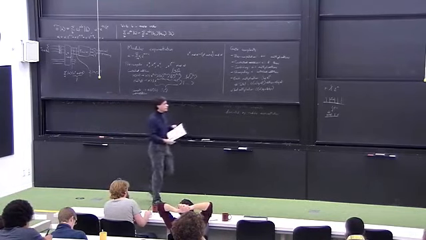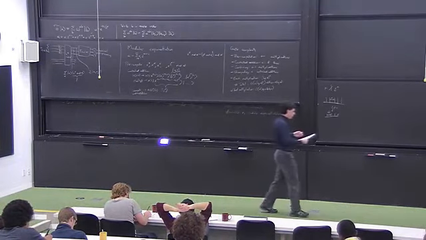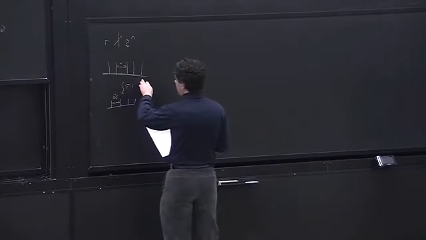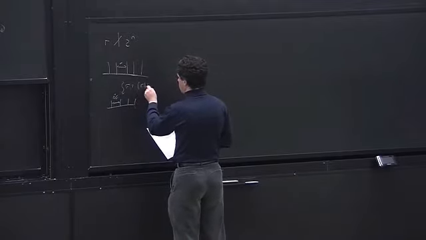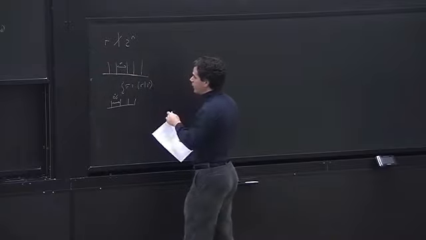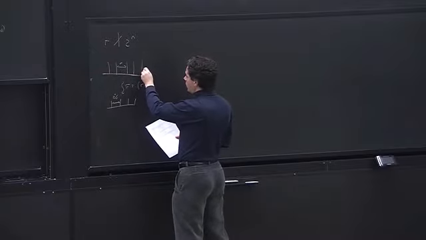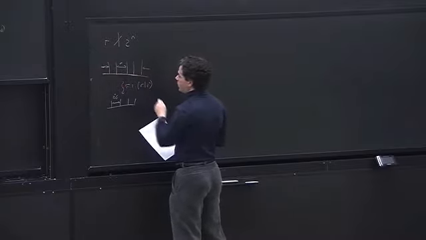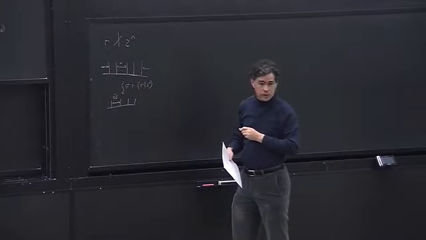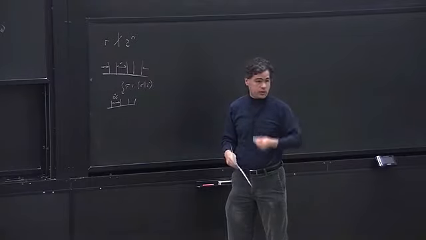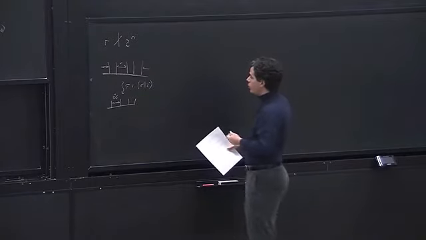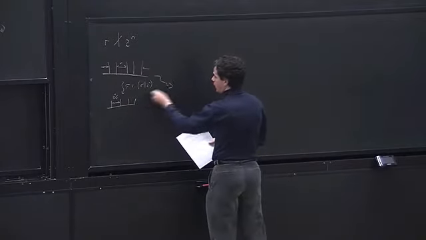So the input here still looks like this. This is when r divides 2 to the n. The input here still looks like this, but because this thing here is a little bit different, we have some extra frequencies that are appearing. And so what we get under the Fourier transform is not this,